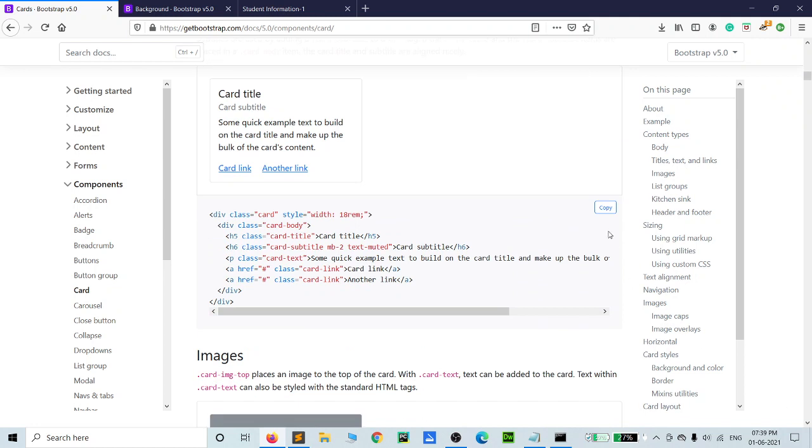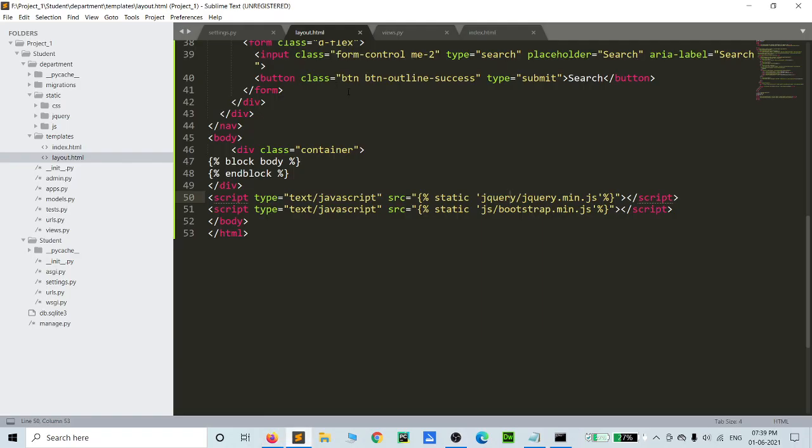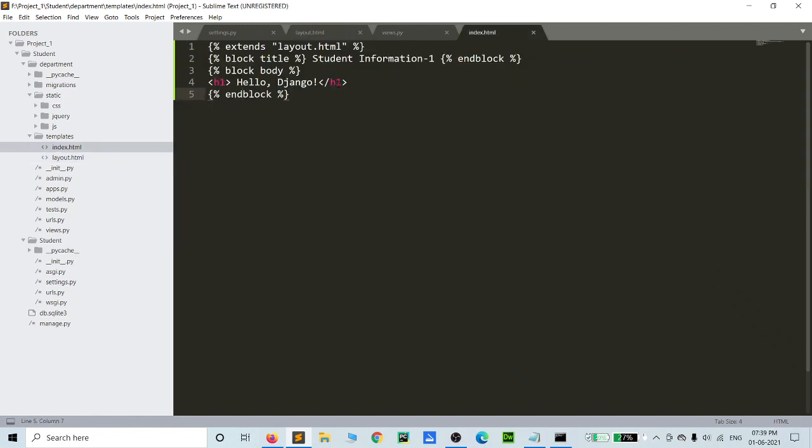Okay, so I can copy it here and I can paste it in my index.html. Before that, every card you have to include, you can create your row files. This is one of the CSS files you must learn in the Bootstrap web framework.